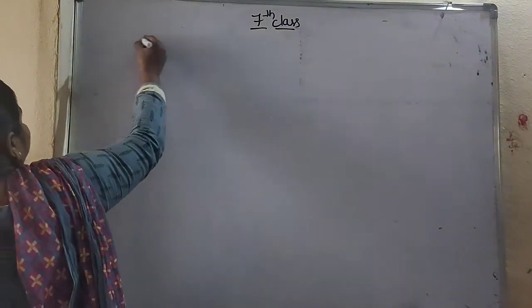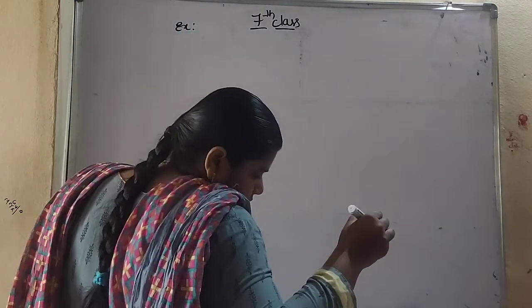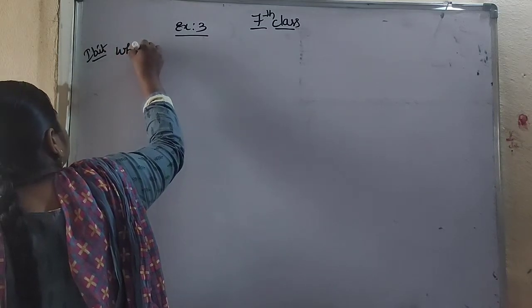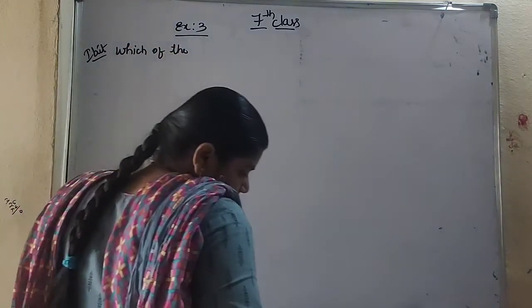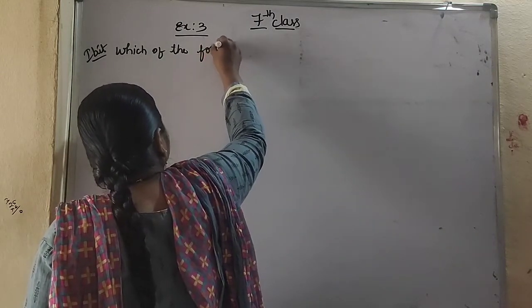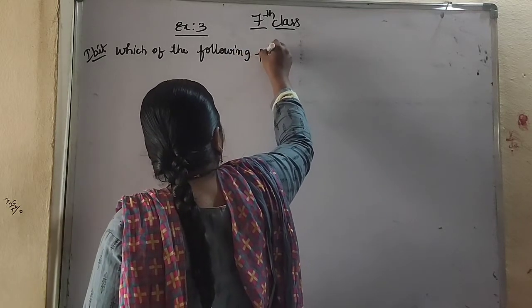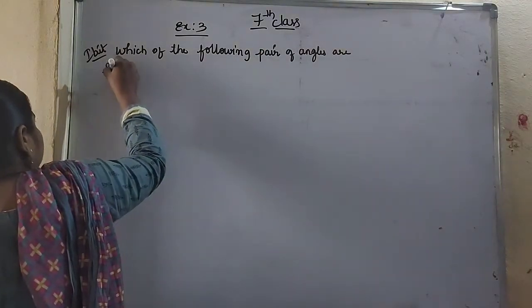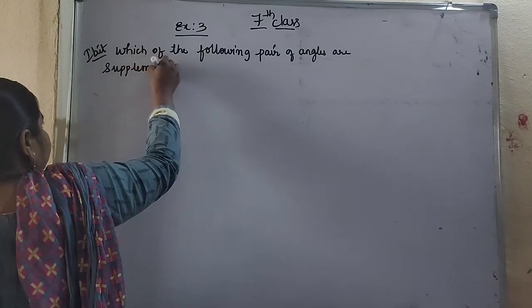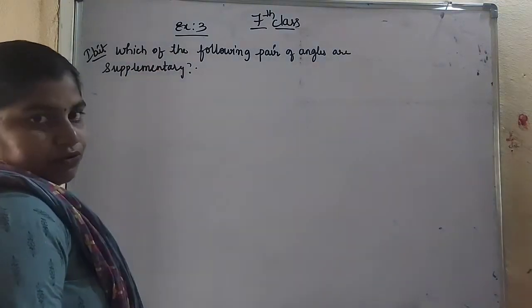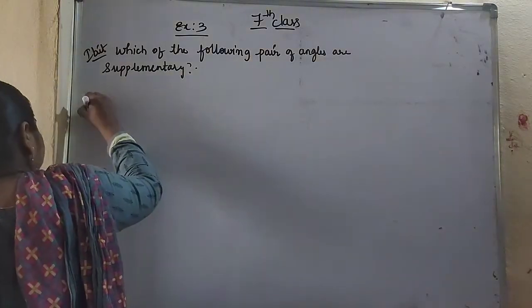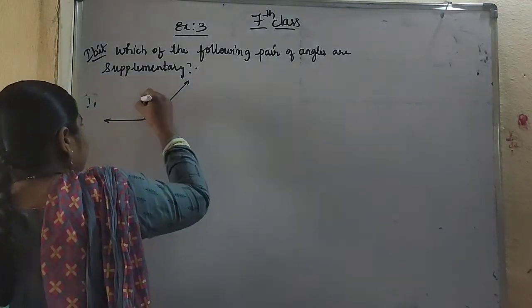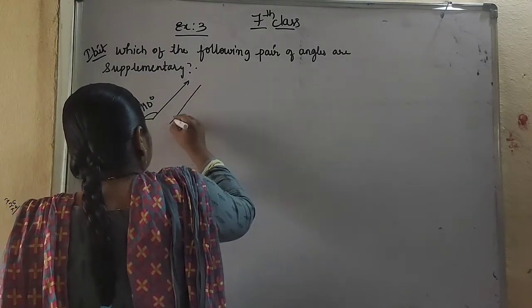So in exercise 3, which of the following pairs of angles are supplementary, we have to find. So in that the first figure is